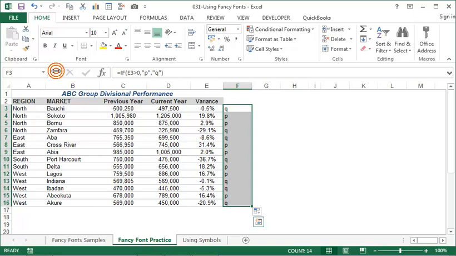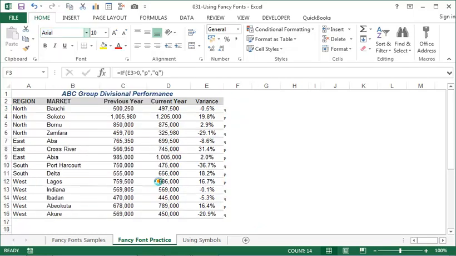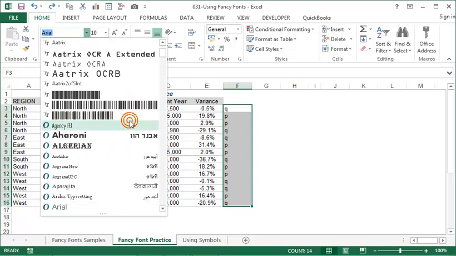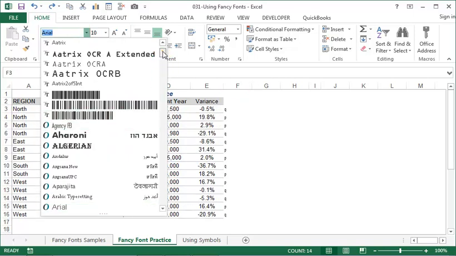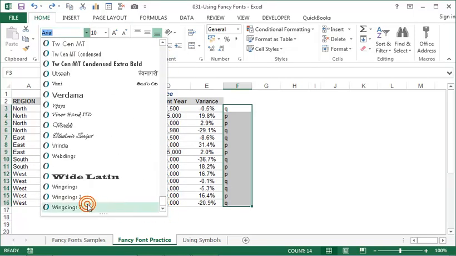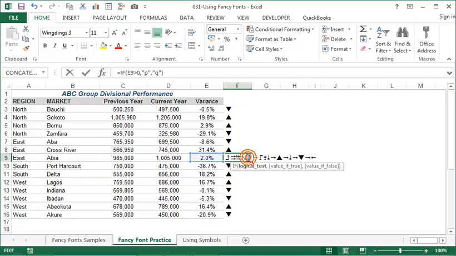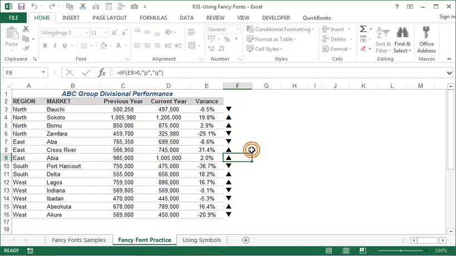So when I select that and I click on the font style group here, I select this, so you can see this is what you have. Let me increase the size so you can see how you can use this to create visualizations for your dashboard,